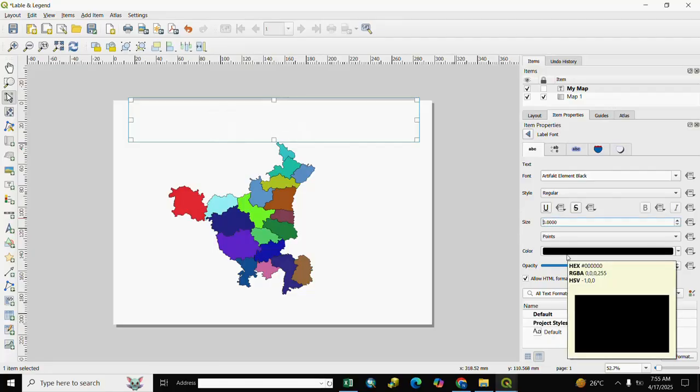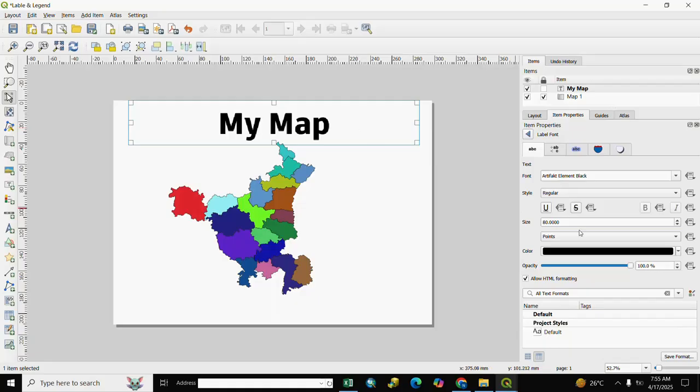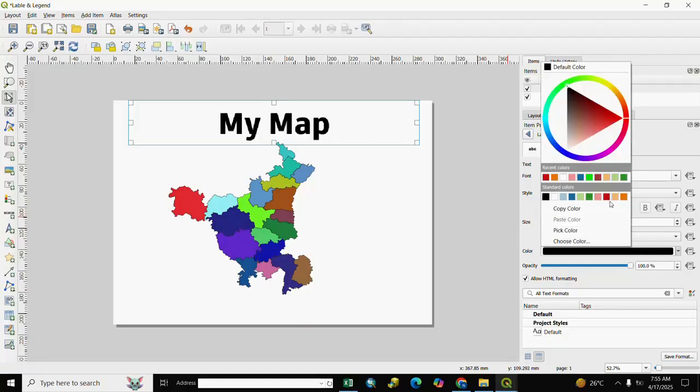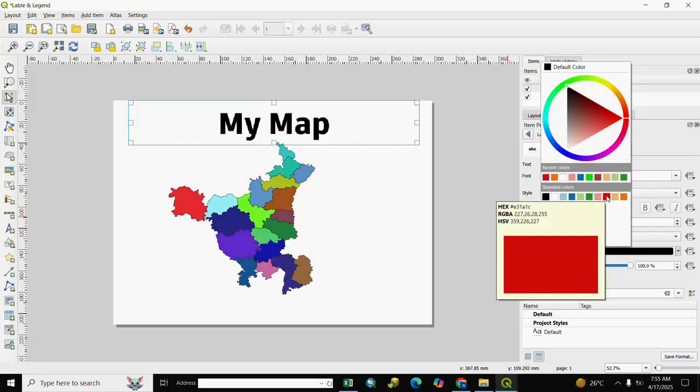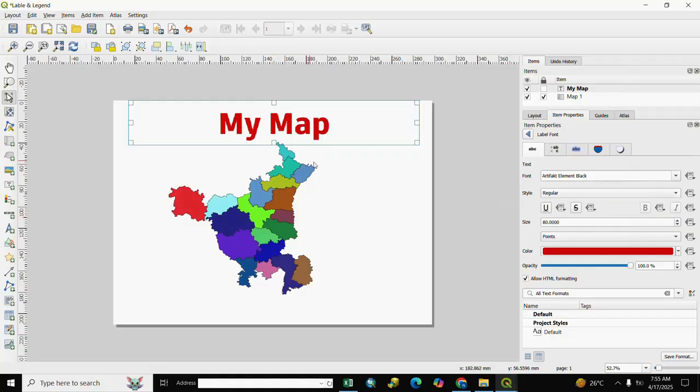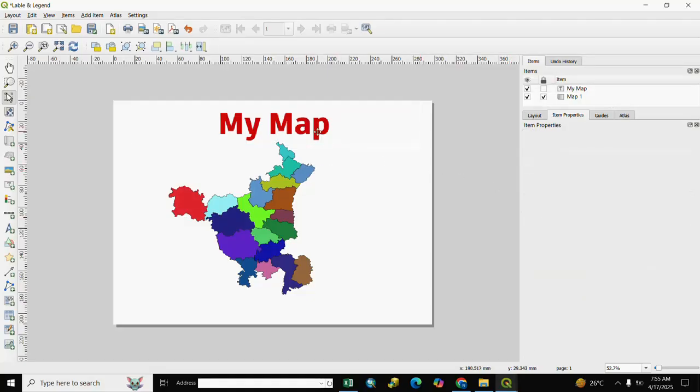We write here 80. We adjust as per requirement. And if you want to change the color, you select the color as per your choice. We select red, our color is changed.